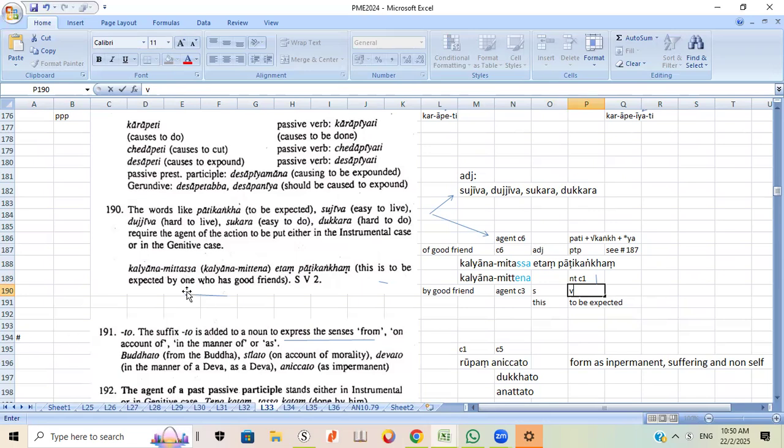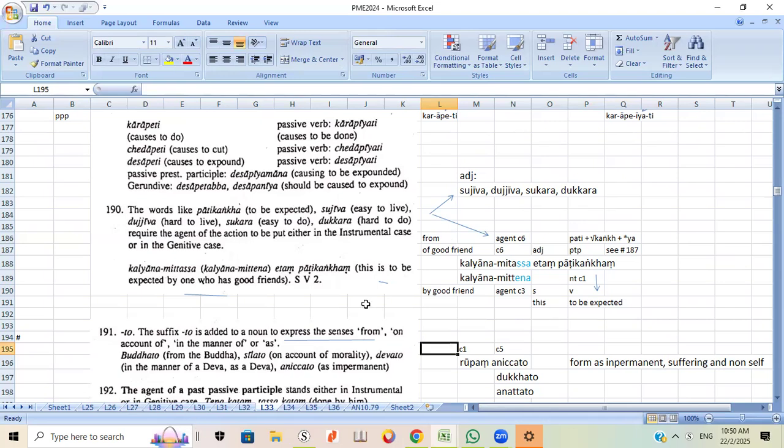So whether you're going to agree with this translation, I don't know. Because technically when we look at it, I think "this is to be expected by a good friend" is good enough. "This is to be expected from a good friend." So off, I think you have to change to "from a good friend." I think it's also not a problem. Instead of off, from a good friend. The word expected takes from. Expected something from, by. So there are only two